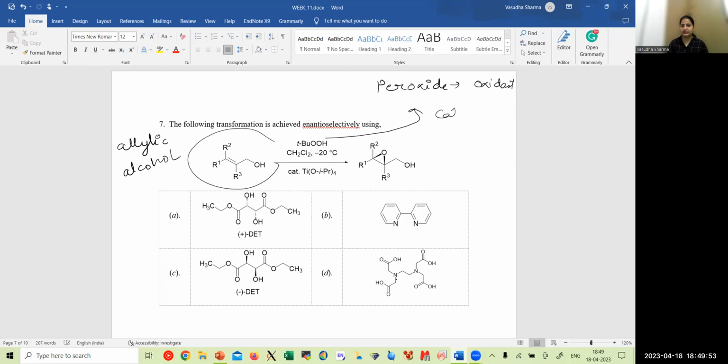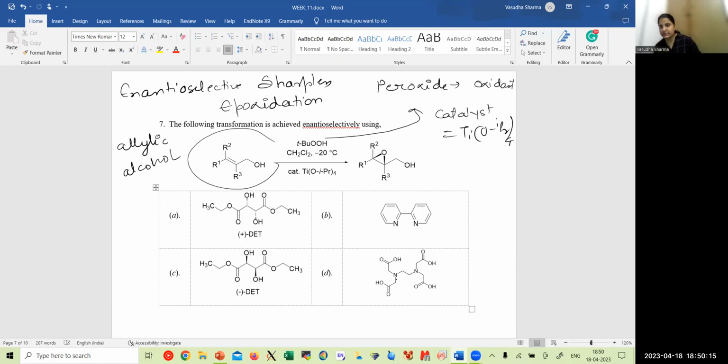And the catalyst is nothing but your titanium isopropoxide. So here this reaction is your enantioselective Sharpless epoxidation, where the alkene is